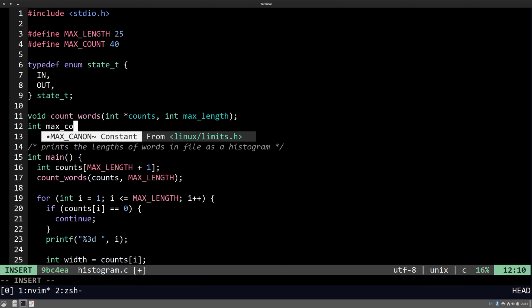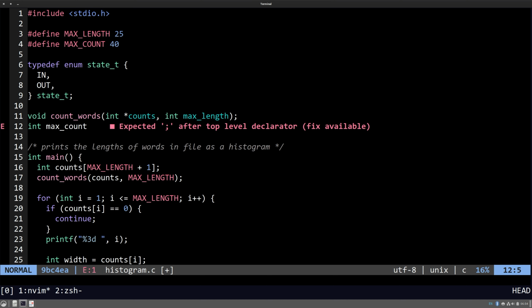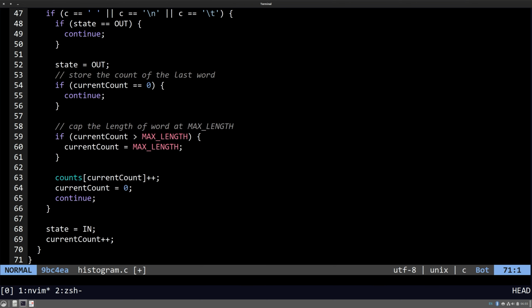So make max count for all the counts, and that would be